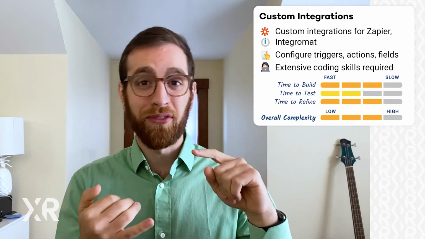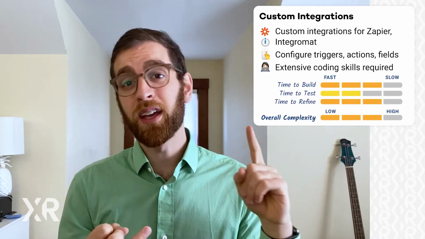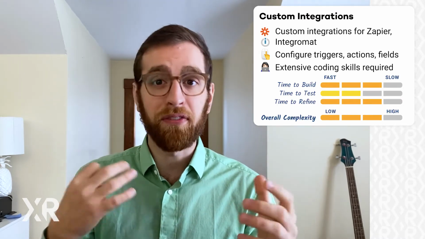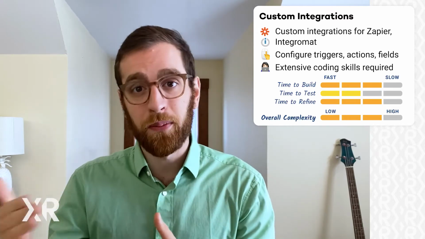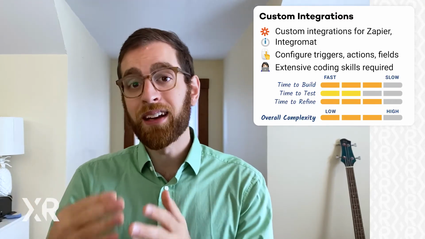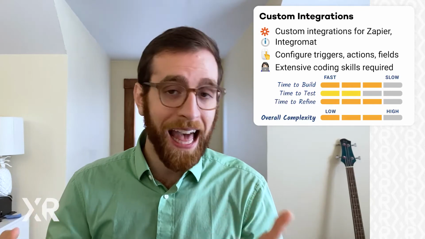That means you're configuring your own triggers, you're configuring your own actions, and even the fields that would be required to interact with those triggers and actions. And whenever those things happen, what data points do you get back? Right? There's a lot of things to decide here. This is definitely a high complexity level task, and it's a task that we're really not often asked to do